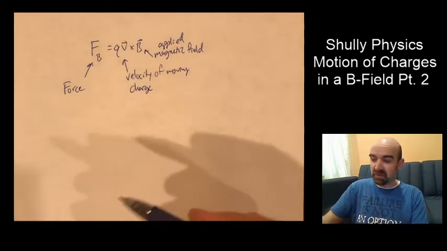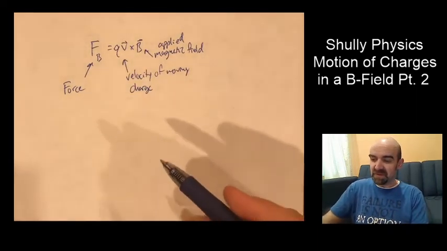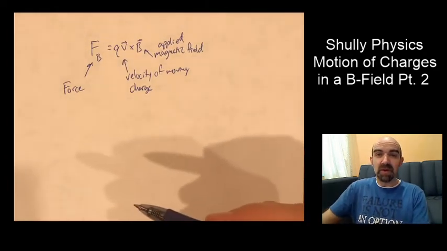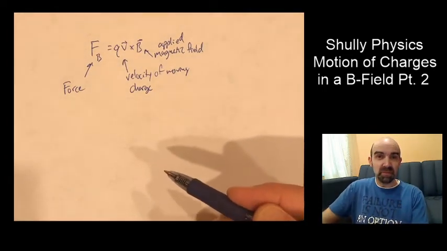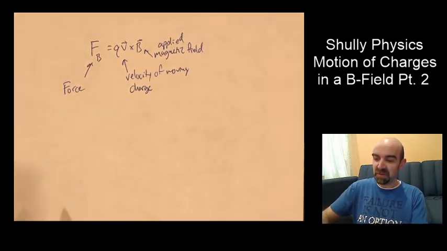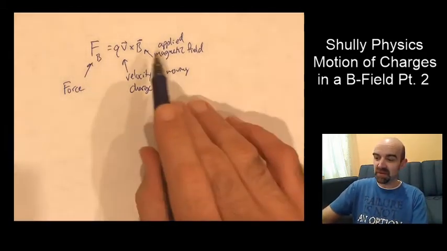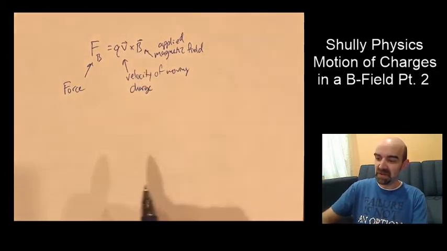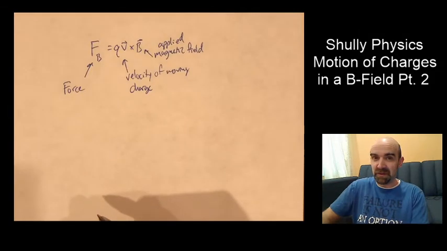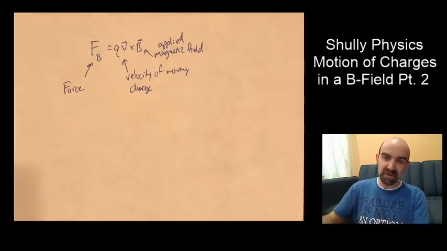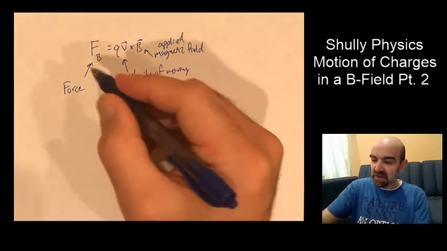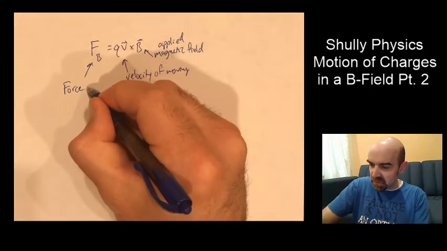What we really haven't covered yet is how a charge produces its own magnetic field as it moves. But because it is producing its own magnetic field, we see the result of a force acting on it from an external magnetic field. Just like a magnet doesn't do anything when it's not around a magnetic field, but you put another magnet near it and it might be attracted or repelled toward that other magnet. So this is a force applied